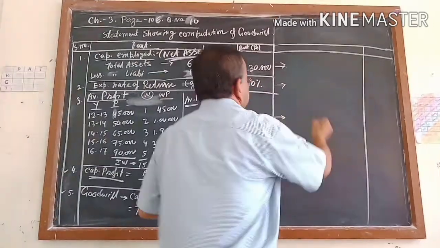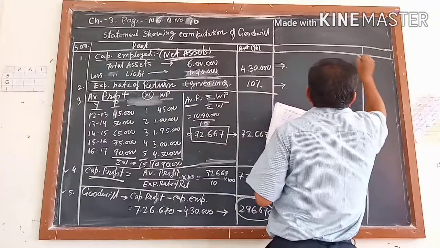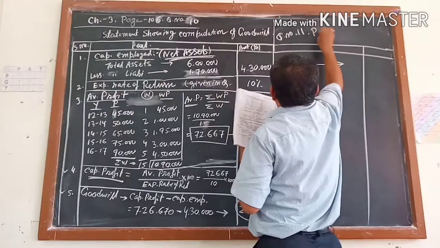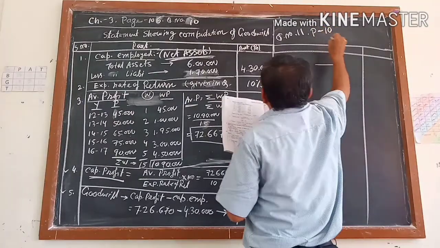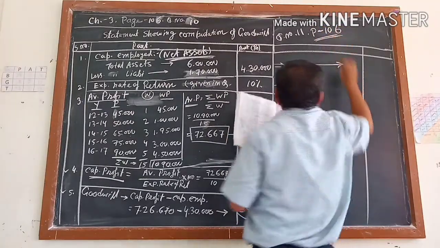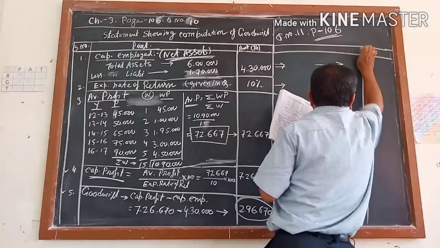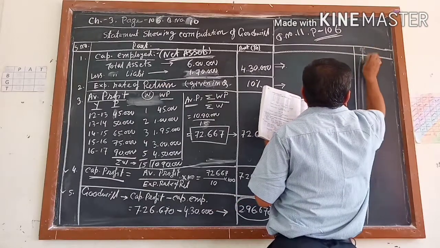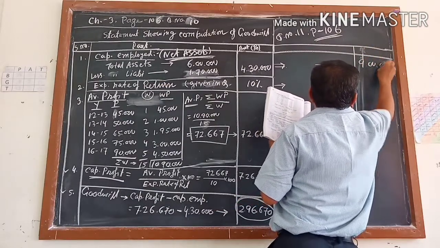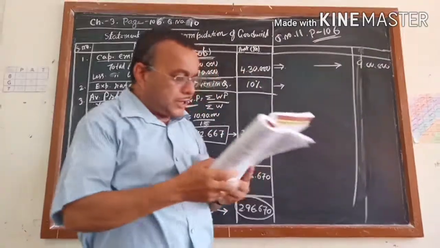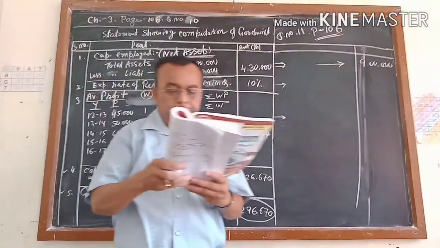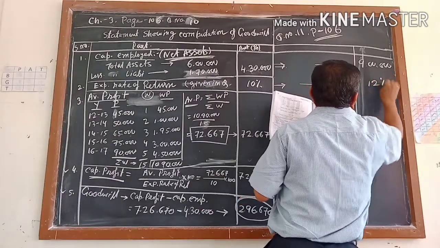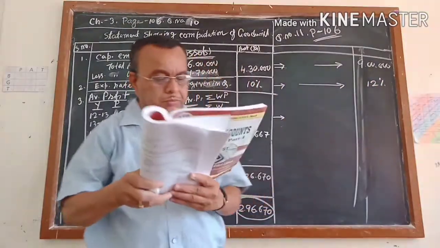What I told, all five steps from the third method we will follow. Capital employed is given, 9 lakh, directly. So this is question number 11, page number 106. The first step is set: how much is given? 9 lakh. The second step, expected rate of return, is also given in the question: 12%. No need to calculate anything more.